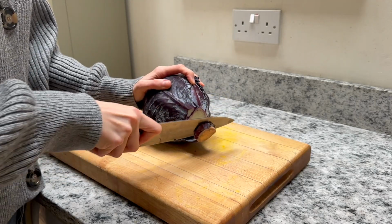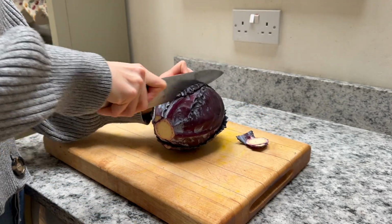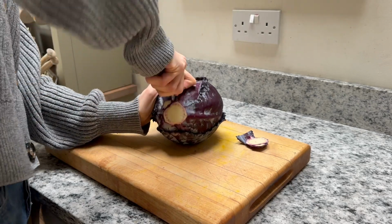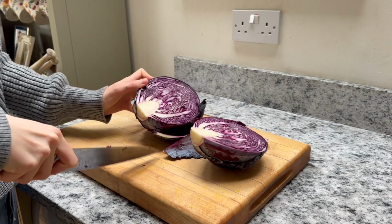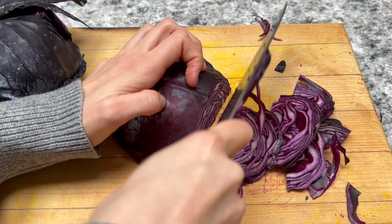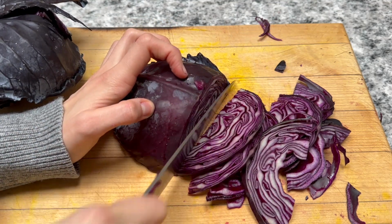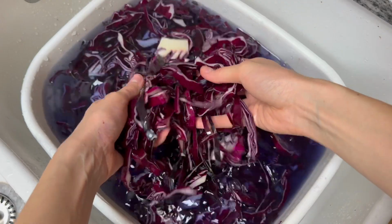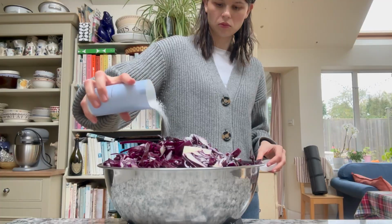It started to get really cold this week, so I wanted to make a classic winter warmer, which is choucroute. If you've not heard of it before, it's typical of the Alsace region in France, and it's typically a large dish of sauerkraut with lots of pork meats, like smoked hams, sausages, pork belly, which is served with it, and the sourness of the sauerkraut goes really well to complement that fatty pork, and it's super warm and super